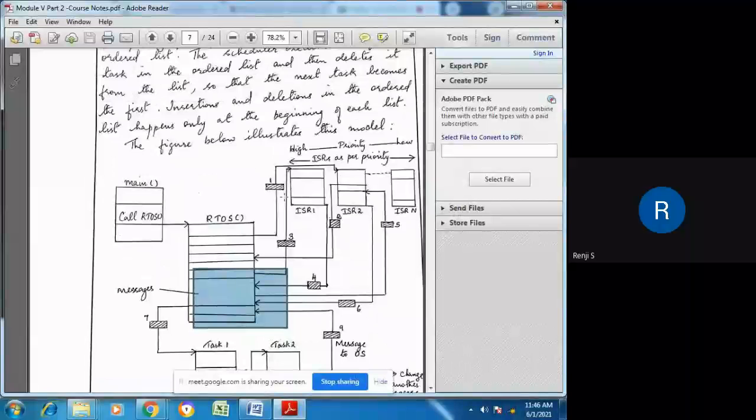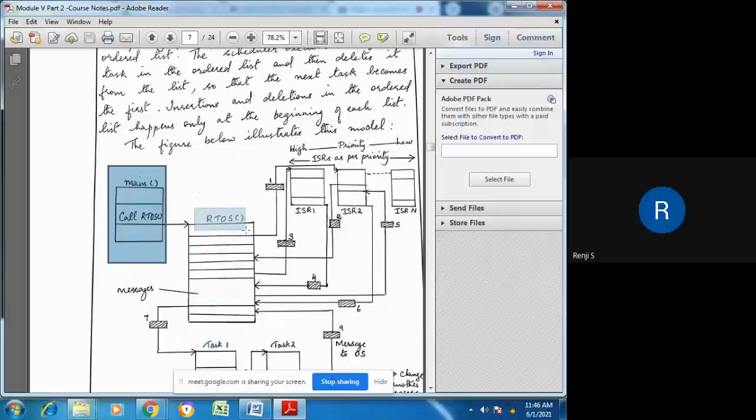So in this model, you can see that whenever the RTOS is invoked by the main program, the RTOS will first call the interrupt that has the highest priority. So this is the context switching to a higher priority interrupt. So this is the first interrupt, but it is not going in the order of execution. It is first executing ISR2.